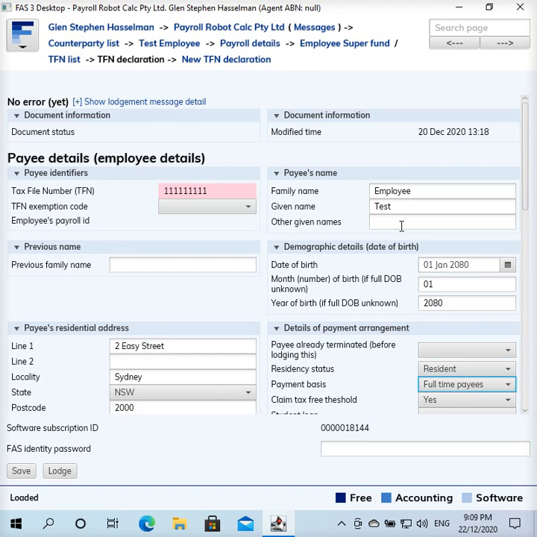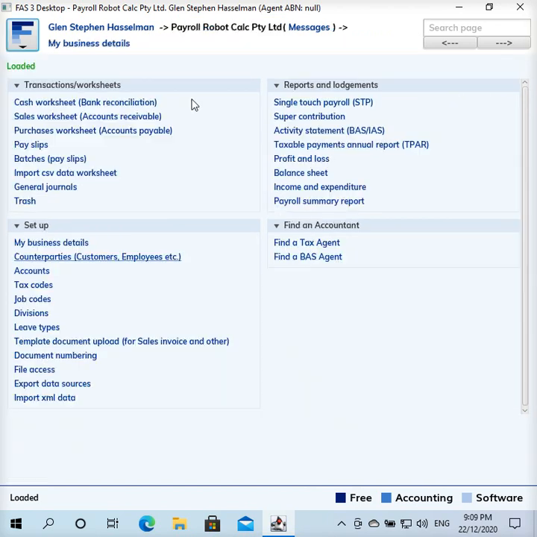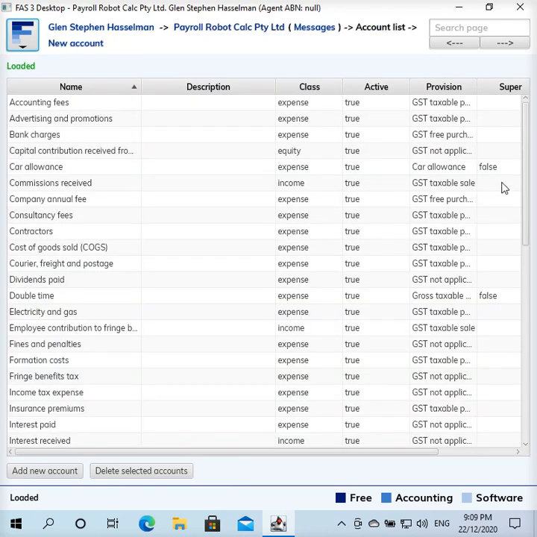And in any case, this is a form that's completed by the employee, then lodged to the ATO. So it's probably not the right place to pick that up if we were going to use that in calculation rules. However, I also think it'd be a complicated way to do it when there was an extra casual versus permanent type parameter on the setup. So the way to do this is we go to accounts, and